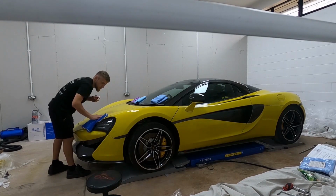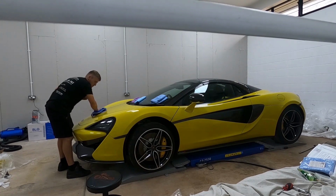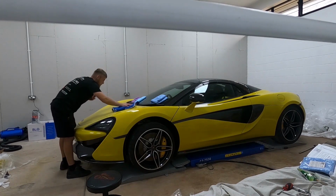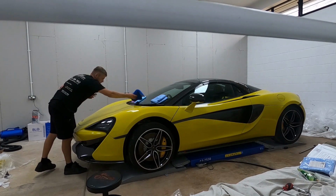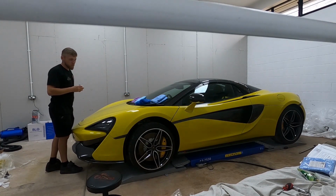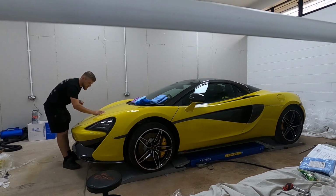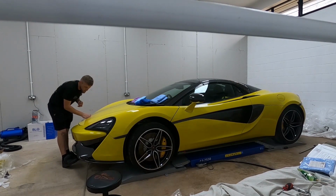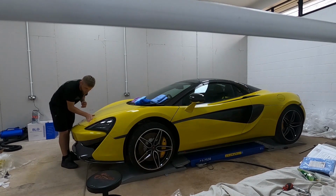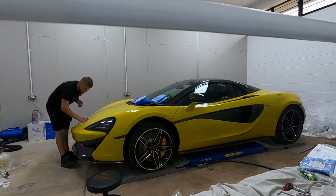You need to change your wash methods in a way, because say this customer's paid all this money to have this done, they don't really want to just go get a bucket and sponge and start maintaining it like that, because it will just ruin the finish and there'll be no point spending that money on the coating. So the maintenance side of it, it's easy. It's easy for me because I know what I'm doing. I've got all the right chemicals, but if you're going to be maintaining the ceramic coating yourself, you need pH neutral products, non-acidic wheel cleaners for any of the wheel coatings, no TFR or anything like that,